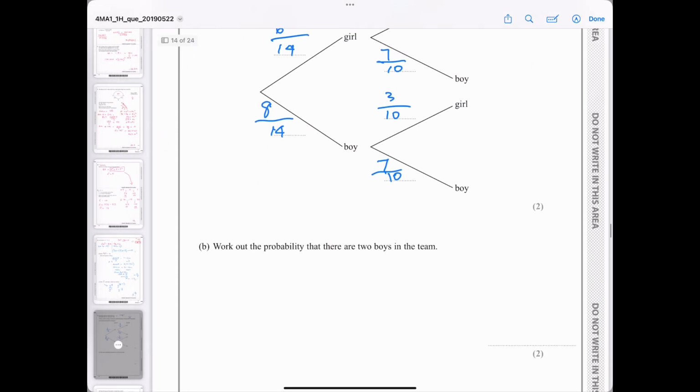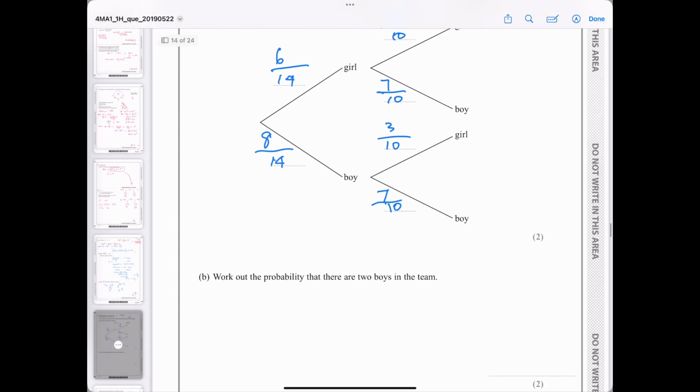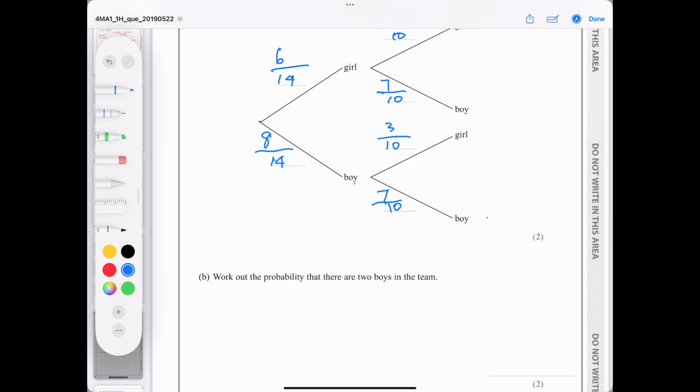Now, what's the question? Work out the probability that there are 2 boys in the team. So that means we go down the one that goes boy, boy. So it's that one. In order to find the probability, we go 8 over 14 times 7 over 10, and that equals 56 over 140. Well, they're both divisible by 7, so I'm assuming that goes to 8 over 20, which goes to 4 over